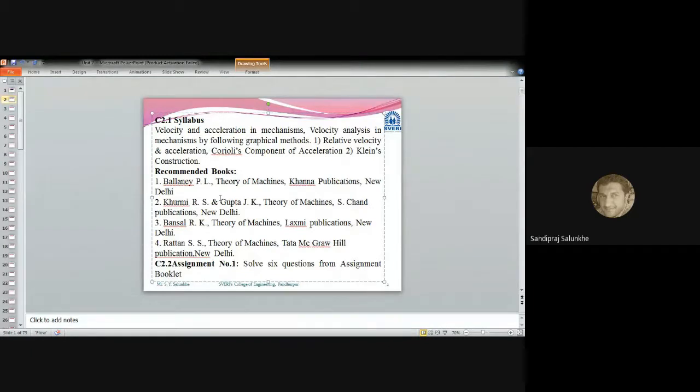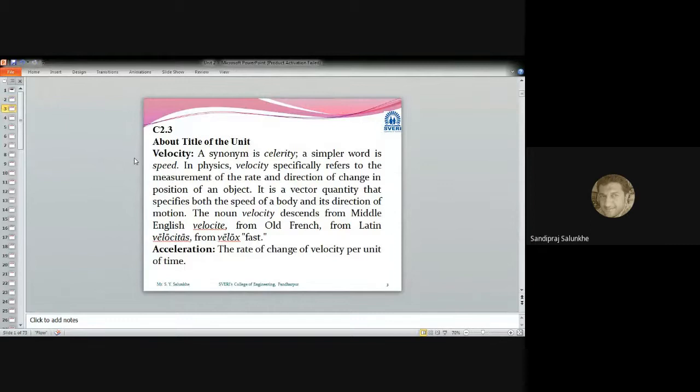Then the assignment is already in the study material; I have provided you that assignment booklet. From that booklet, you can choose 6 questions and solve them. It will be the assignment for this second unit. Choice is up to you, so it will be different for different students. You can choose any 6 questions, so it will not repeat and will not be the same for all. You can choose whichever you like. So different questions will be provided to you, which will give us an idea of which questions you are going to select.